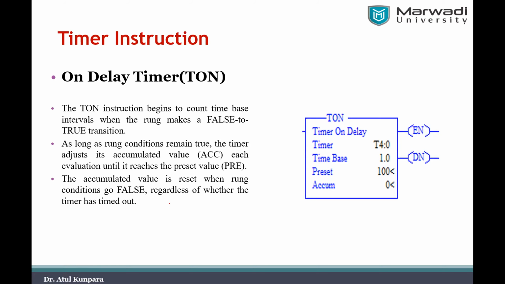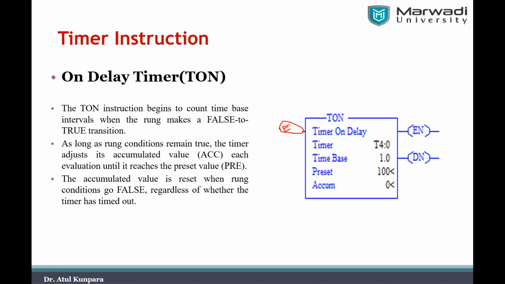Let me just highlight that part here. Right, here is where your enable input is going to be given. This is the point where you have to connect it, this is your enable input point, where you give the enable input E. Once you give the enable input on the input side of the timer, after that it will take the time you are giving in the preset mode, right? Means whatever timer timing you are setting. Preset value means it is the time for which you want to set your timer.